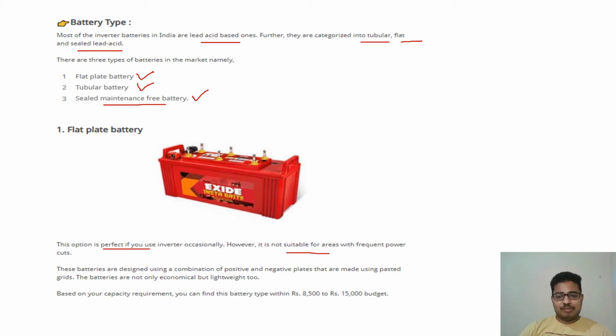However, it is not suitable for areas with frequent power cuts. If you have more power cuts, we have to use the battery more, right? So it's not a good one. These batteries are designed using a combination of positive and negative plates made using pasted grids. The batteries are not only economical but lightweight too. Based on your capacity requirement, you can find this battery in some 8500 to 15,000 range.